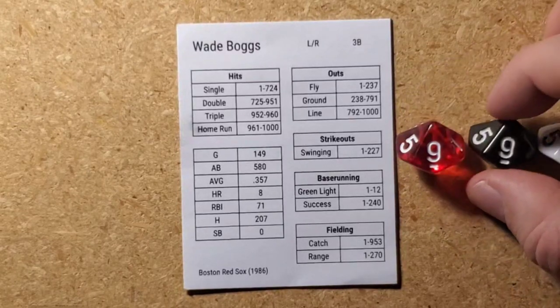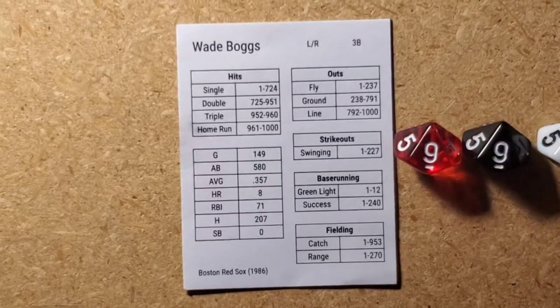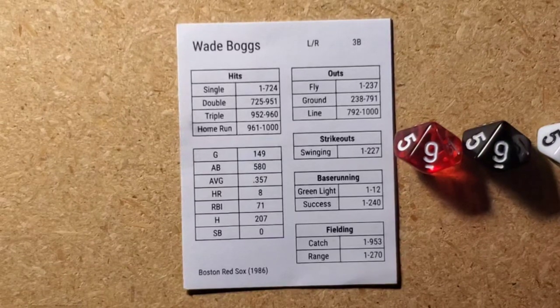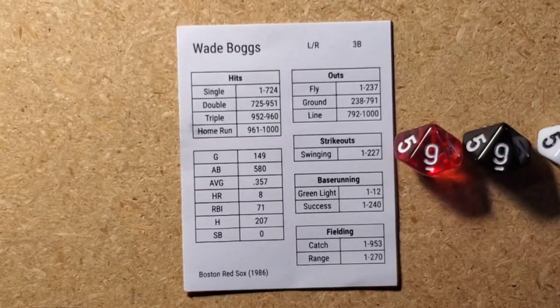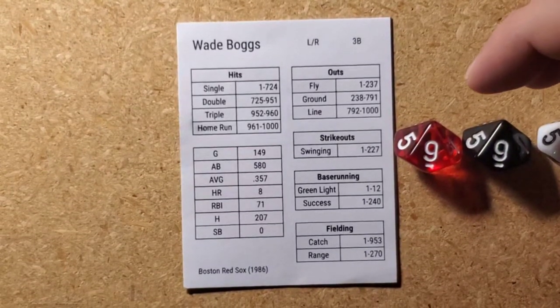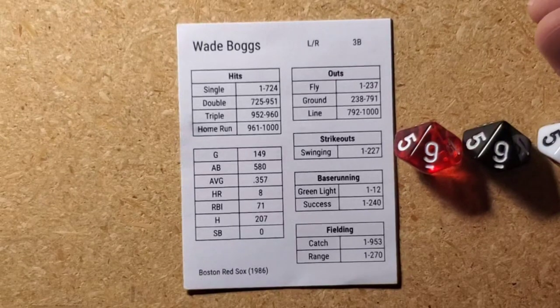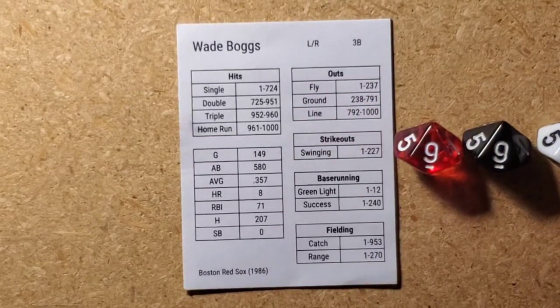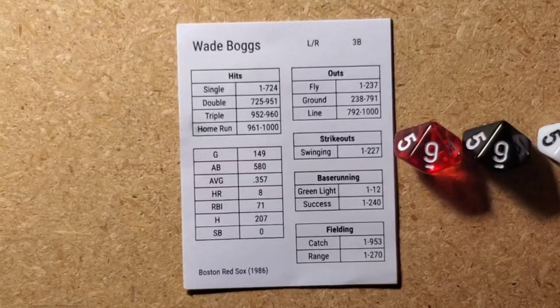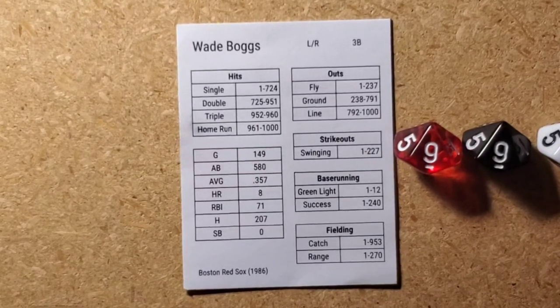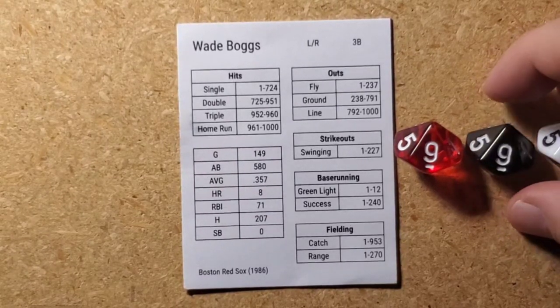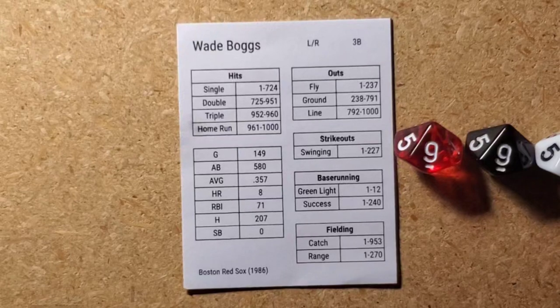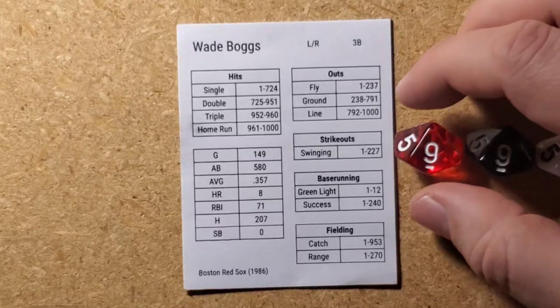I actually do have a rare play chart that if you did roll a number like this on a home run, it would trigger the rare play chart. And then you could roll on the rare play chart and see, was it some kind of unusual home run, like bounced out of the player's glove and over the fence, or was it an inside the park home run, etc. So there are some rare plays that you can use if you want to. If not, you can just call it a home run and be done with it, and that would be the